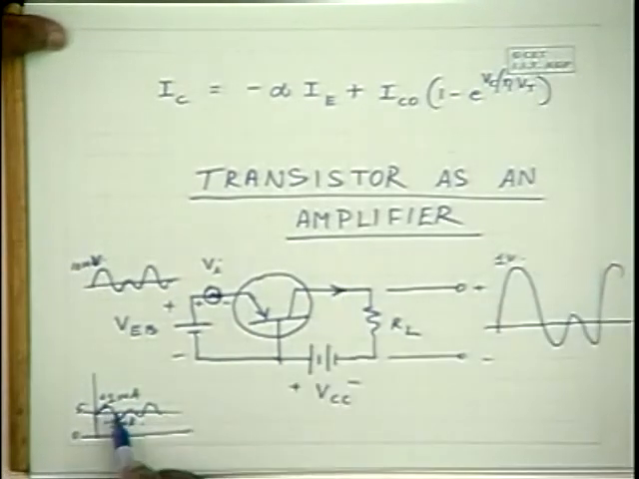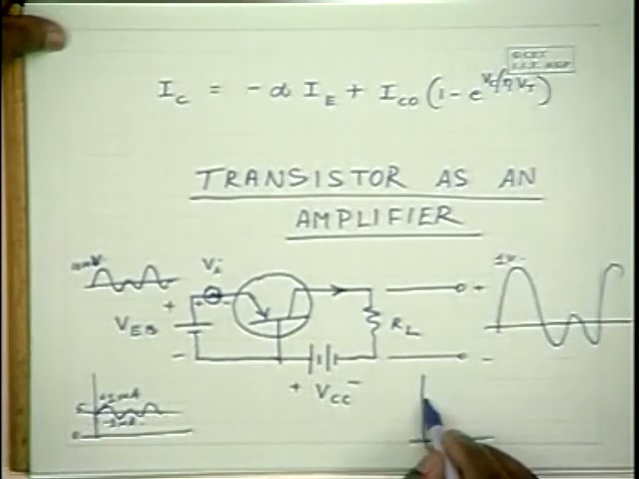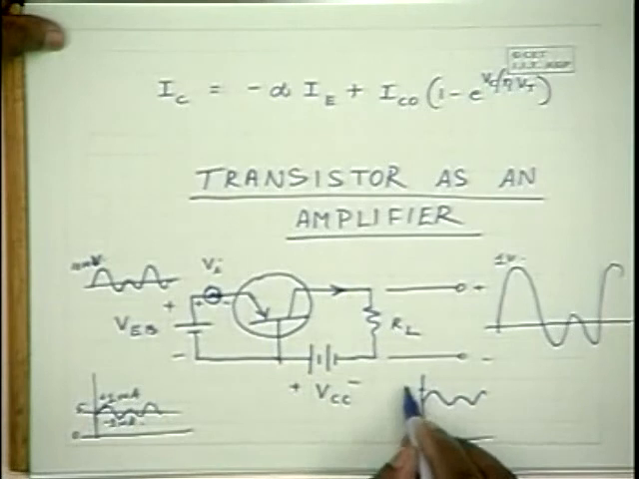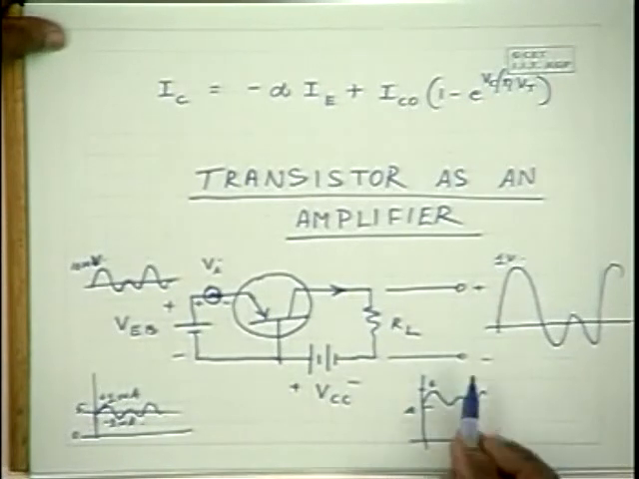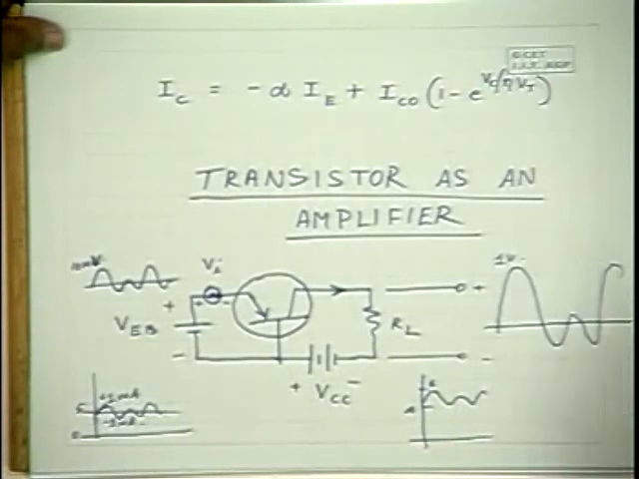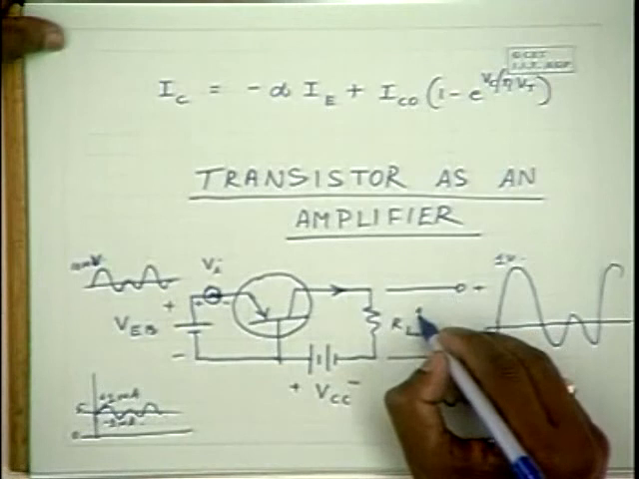Now almost 98% of this current is the collector current, with a negative sign of course. Therefore the collector current would also have almost the same waveform, with 98% of 6 and 98% of 4 milliamperes, approximately 4 to 6 milliamperes. This is how it changes the collector current. Now if this resistance is of the order of 1 kilo ohm,